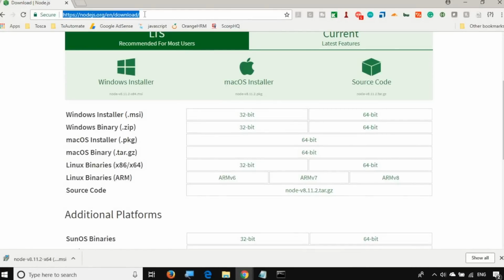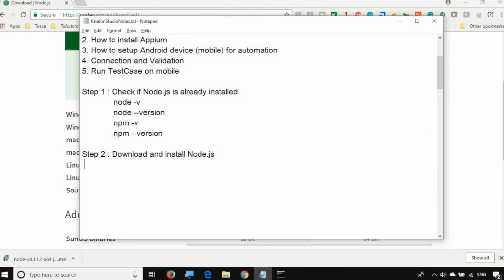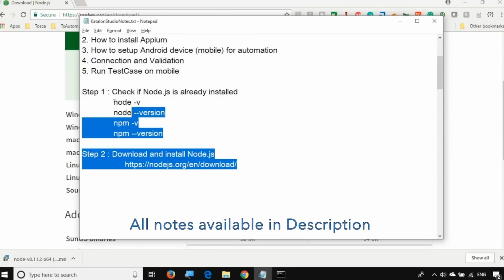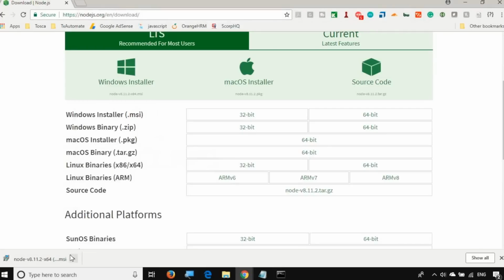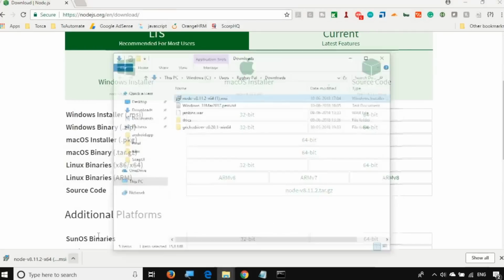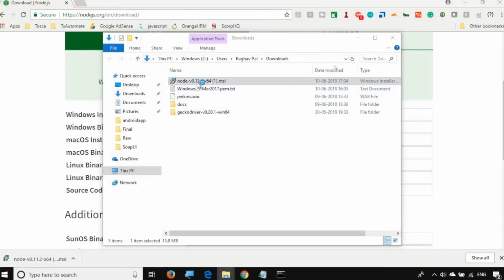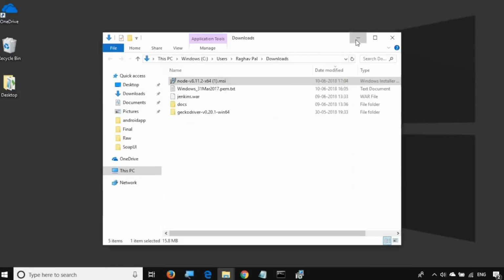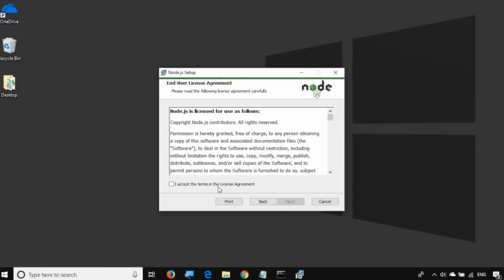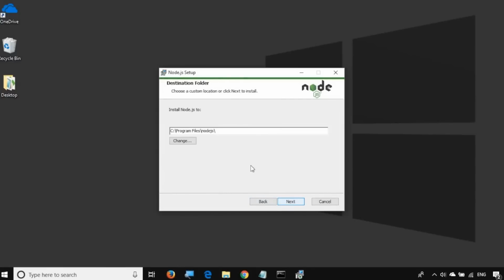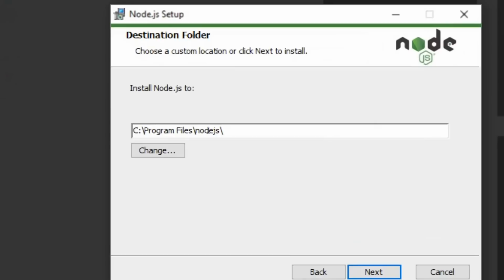Before I begin to install, I will also copy this URL in the notes. You have to get Node.js from here, and all these notes will be available in the description section of this video. Now I will go to my installer and click on it so that it starts installing Node.js on the system. And yes, now we have the setup wizard for Node.js. I will click next and accept the terms, next, and here you have to give the location